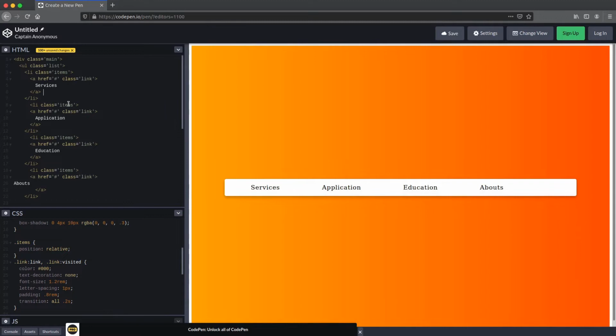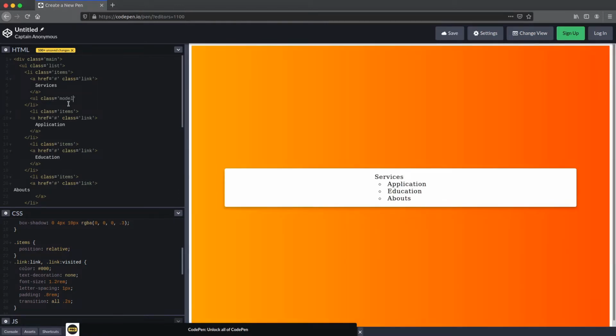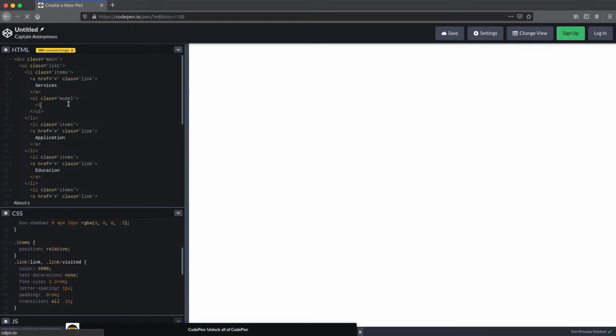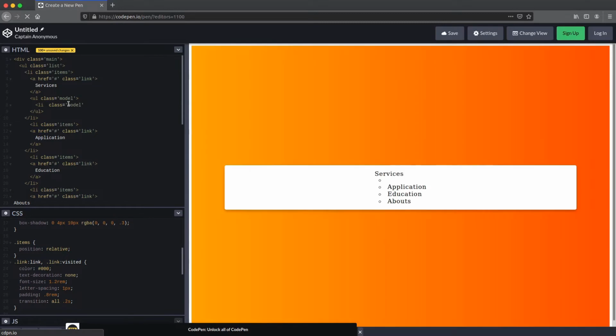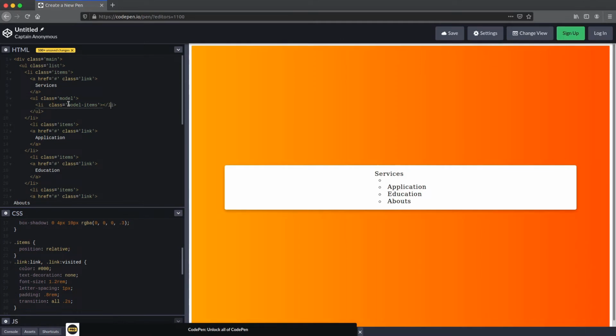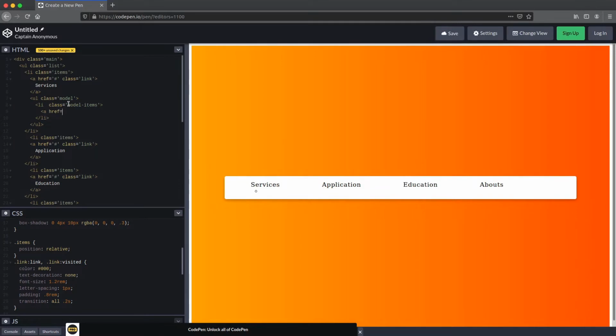I use another list with the class name of modal, and close this ul, and provide a li with the class name of modal items, and an anchor with href pointing to nowhere and provide a class name modal link.